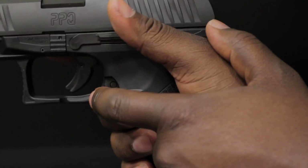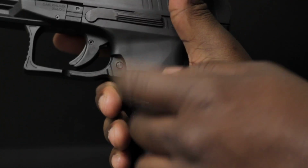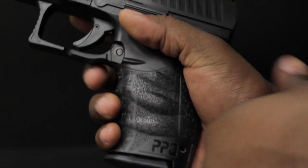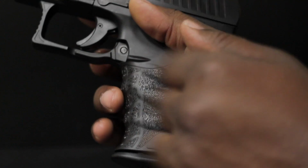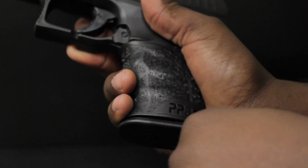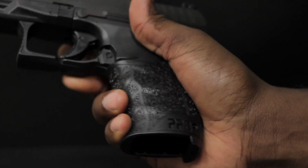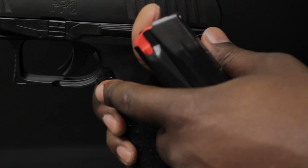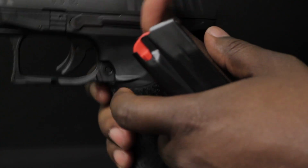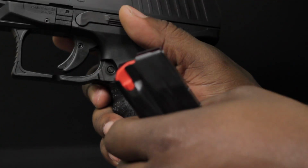And then also here, you have the trigger and the magazine release. Now, I'm used to the push button release, I really am. Since I started getting into HKs and things of that sort, I've gotten really accustomed to the magazine release. And there's something very comfortable about dropping this magazine release. It just kind of naturally works. Now, I use my middle finger here to drop the magazine release. On the H&K, this particular magazine release is a little too small to do that, so you might miss it like that. But on this particular gun, it's just long enough and just big enough that you can catch it